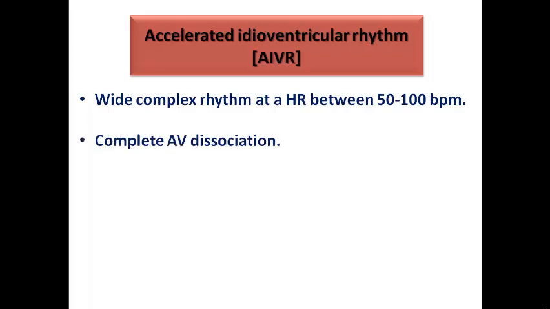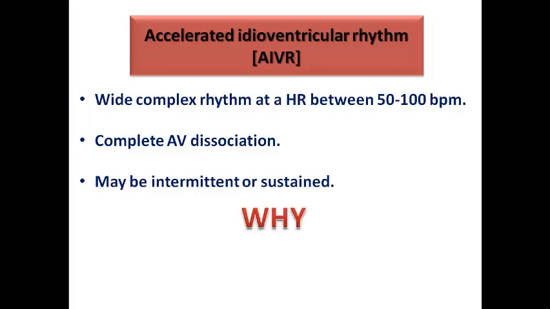So the heart rate here is between 50 and 100, and of course because this rhythm is originating entirely from the ventricles, not from the atrium, it shows complete AV dissociation, and this means that there is complete dissociation between the atrial activity and the ventricular activity, because the P waves originate from the SA node, whereas the wide complex rhythm originates from the ventricle itself, from a focus inside the ventricle. It may sometimes be intermittent, so sometimes it appears for a few seconds and then resolves,